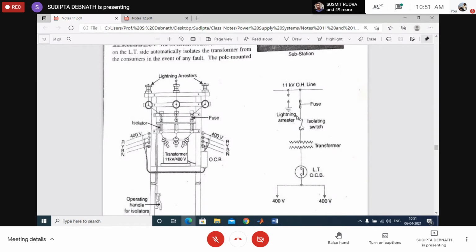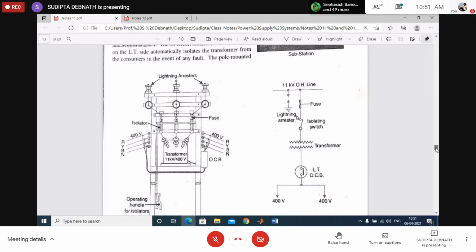Here also, as the gap is small, this medium can become conducting and huge flashover will take place. If you want to suddenly disconnect the circuit or connect the circuit, both ways, it is all the same. So it is not recommended because there is no sophisticated arrangement in the isolating switch or isolator to extinguish the arc. So it is not recommended to use the isolator when current is flowing in the circuit.